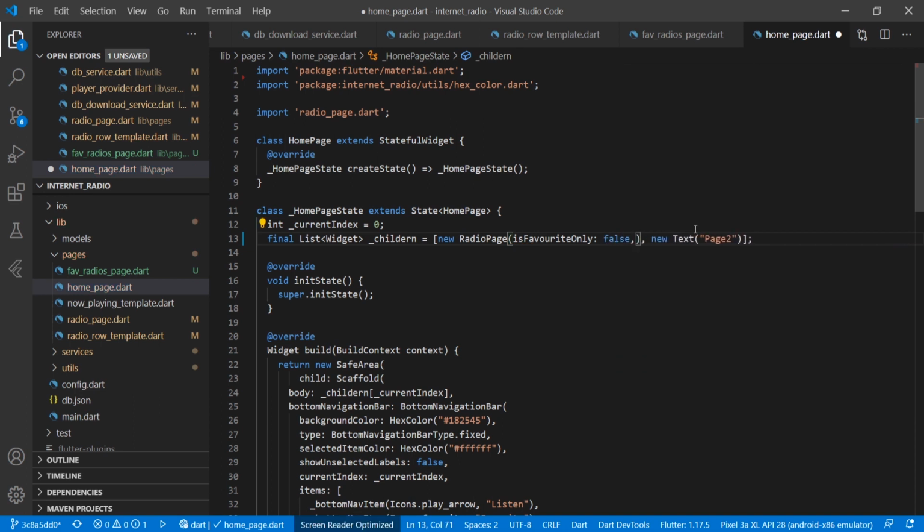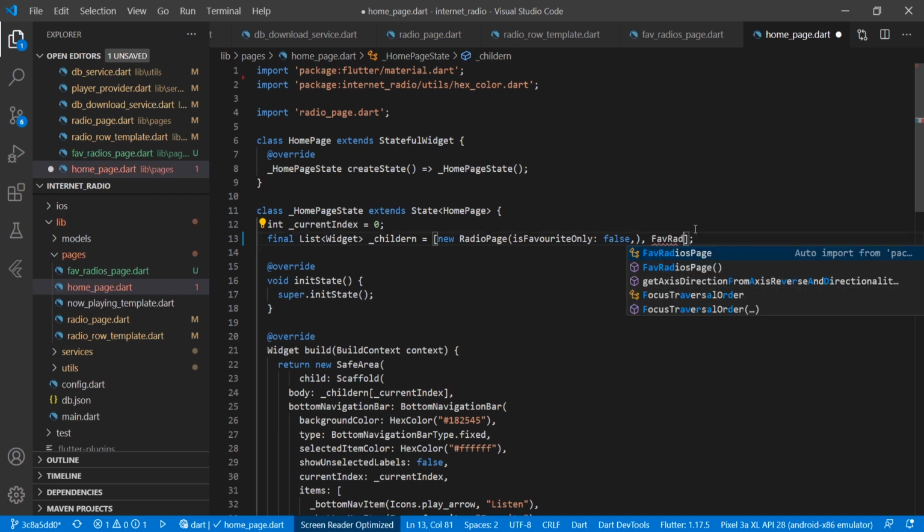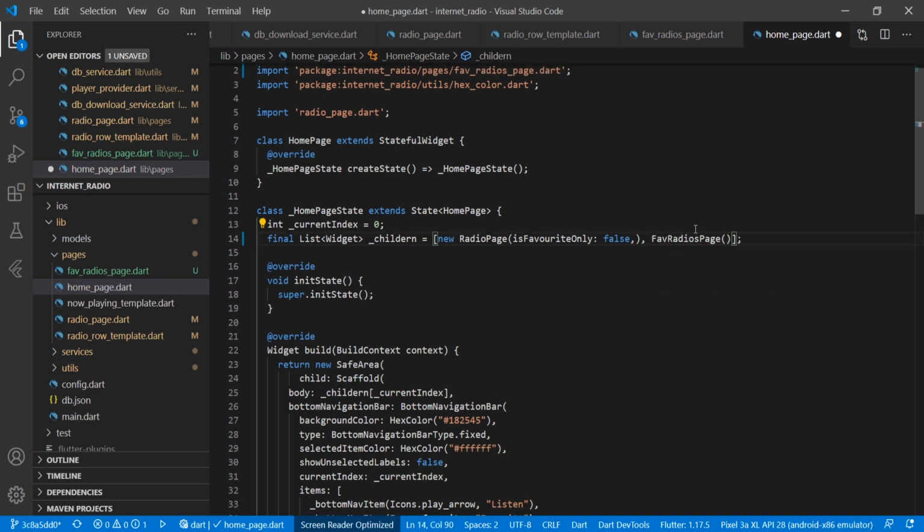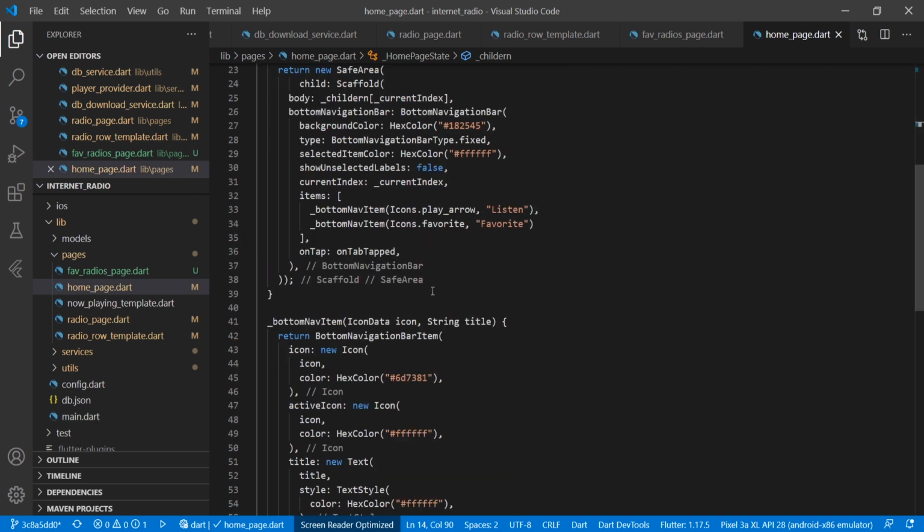This is a normal radio screen, and for the second, previously we were showing that text, and now we will show our favorite screen. We will pass the fav radio page. So before running the application, we have to do some more modification in our radio page also.